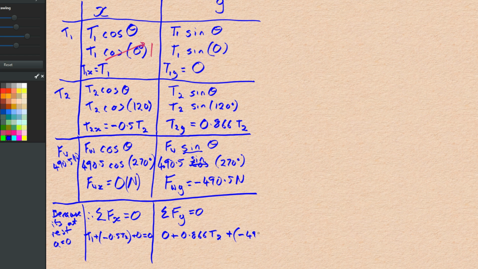Minus 490.5 newtons equals 0, it helps me to avoid mistakes. Here there's only one thing I don't know, so I'm going to add 490.5 to both sides. 0.866 lots of T2 is equal to 490.5. T2, if I divide both sides by 0.866, will give me